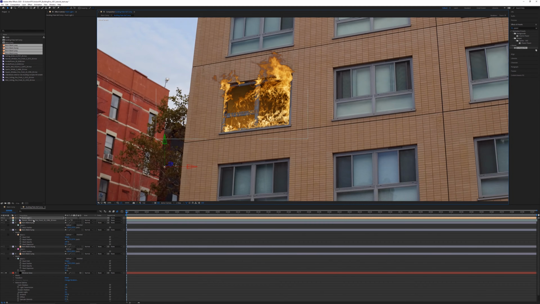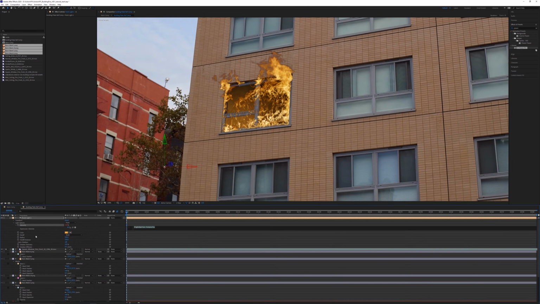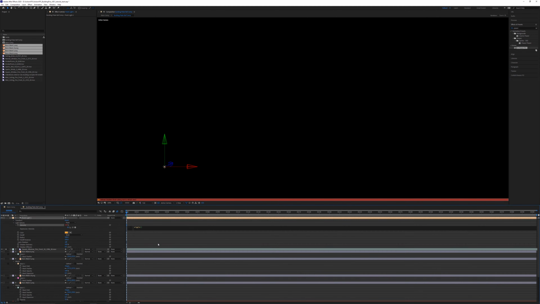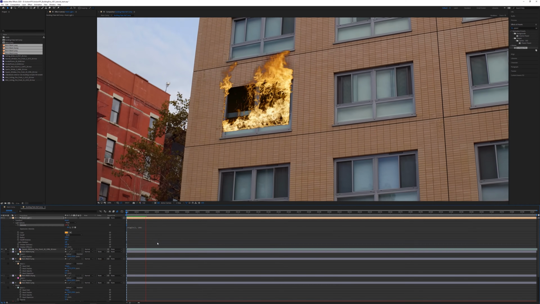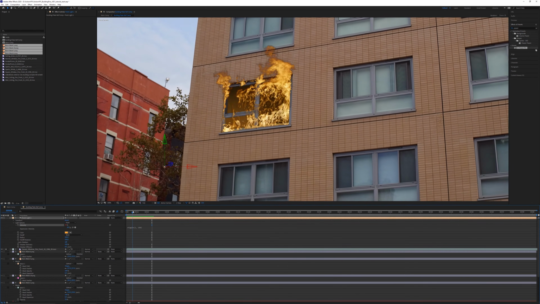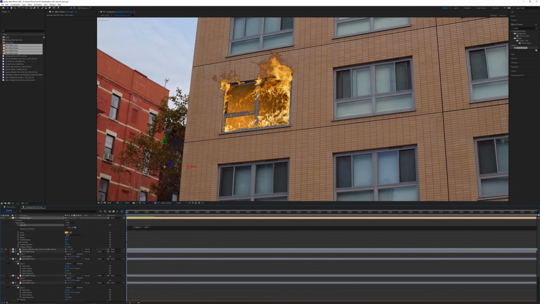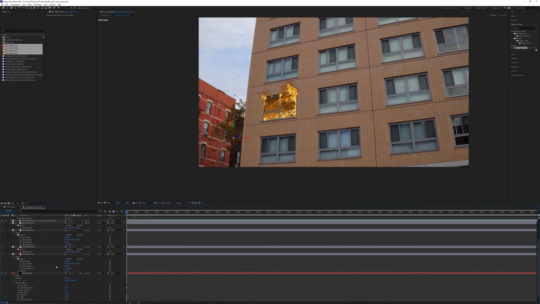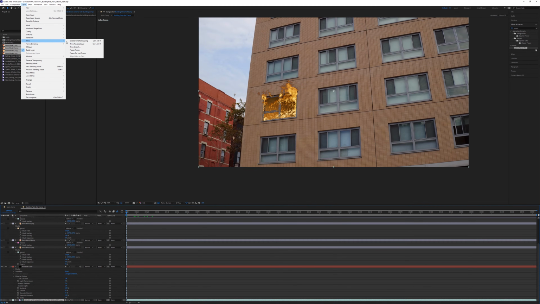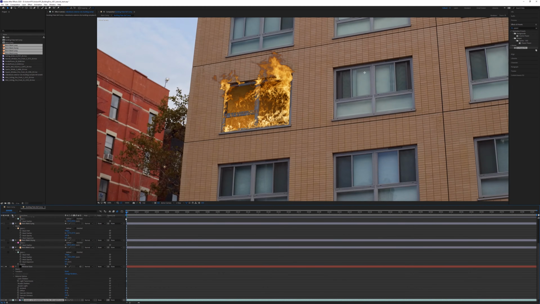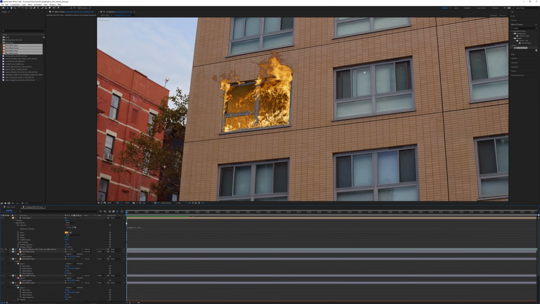Now, to get this to flicker, what we could do is drop down this layer to light options, alt click over intensity, and we can just add a quick expression, and then just click the numpad enter key. And what we want to do, if we start moving this around, since we copied the plate inside this composition, what we need to do is select that, go to layer, time, freeze frame. So then we can preview our animation, but the footage will remain still on that frame.